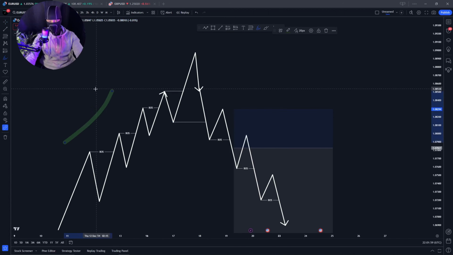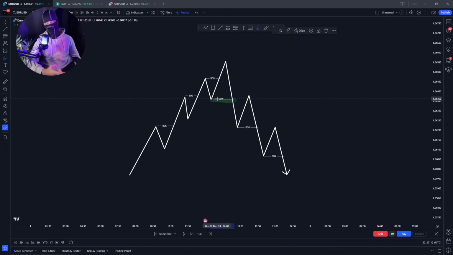As you guys can see, we went from being bullish, right? Higher highs and higher lows, higher highs and higher lows. However, we failed to establish a higher low and instead we created a lower low. This here is my market structure shift or my breaker structure. Market structure has now shifted to being bearish, or being bullish if it was the other way around.